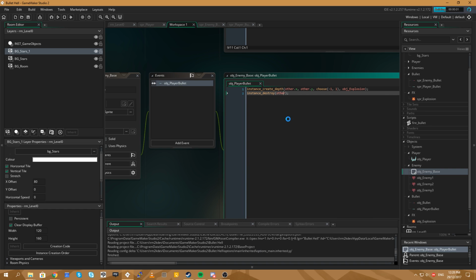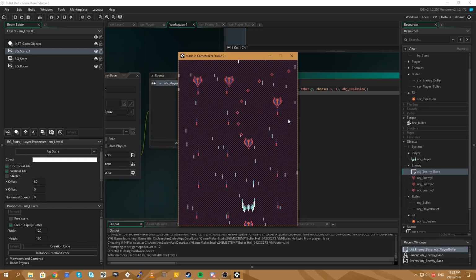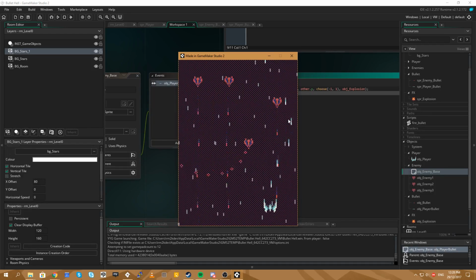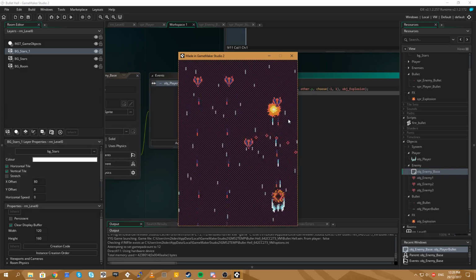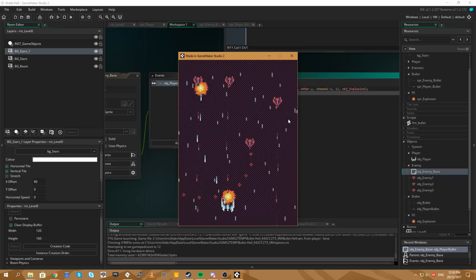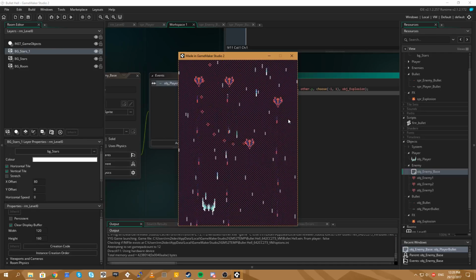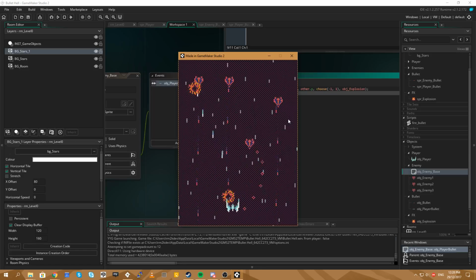So now these guys should all react to our player bullets, which they do. That's the power of inheritance right there. Alright, so now we've got these guys colliding with our bullets. Okay. I'm happy with that.